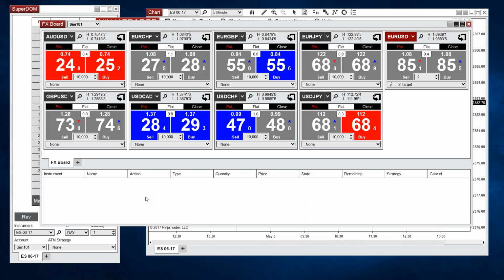I'm using Ninja 7 now. How would I try out Ninja 8 without messing up my Ninja 7 installation? Good question. NinjaTrader 8 runs completely independently from NinjaTrader 7, so you can just go ahead and install NinjaTrader 8.